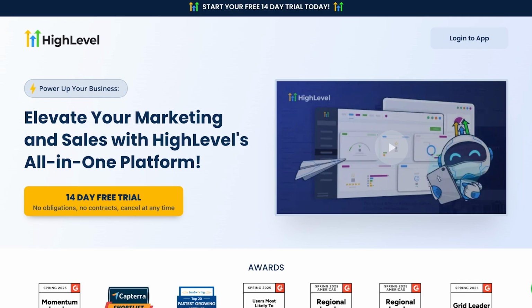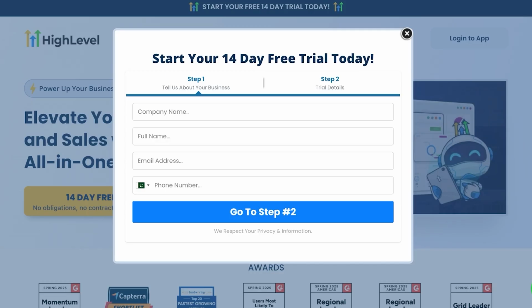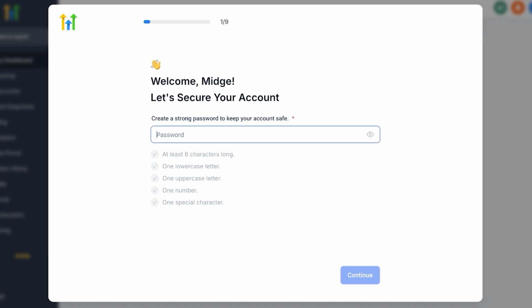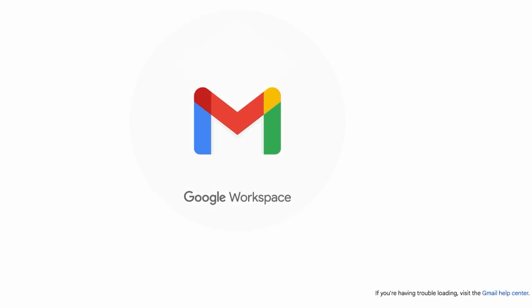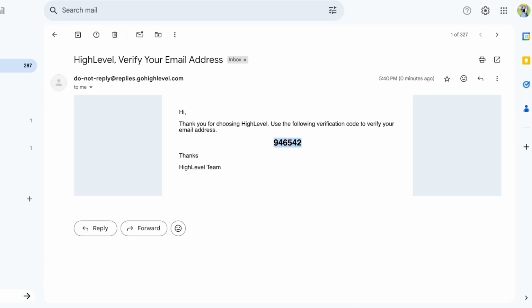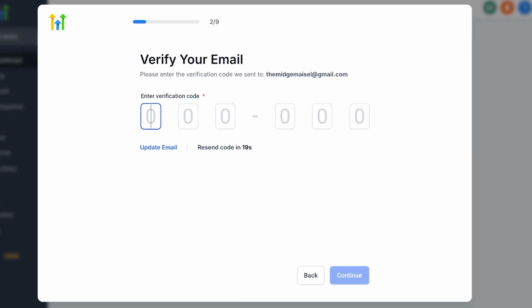So to get started, head on over to Go High Level and you can get your free trial. Simply click on 14-day free trial and fill out your details. Once you fill out your details, you're going to proceed with your password creation. So once you create your password, click on continue and you will receive a verification email. Open up your email over here to verify your email. So I'm just going to go on ahead, copy my verification code,